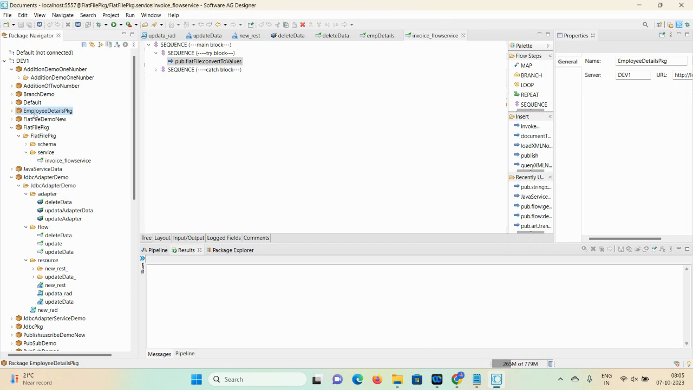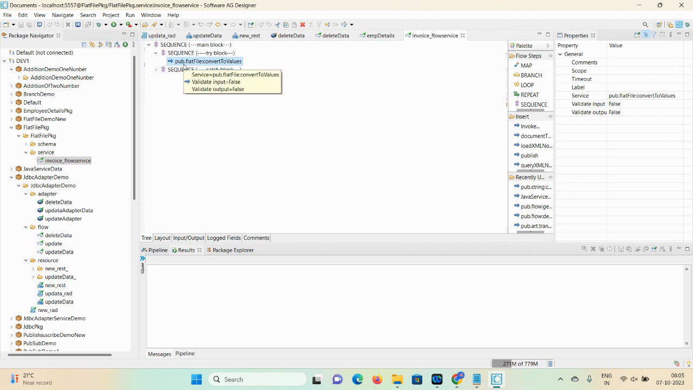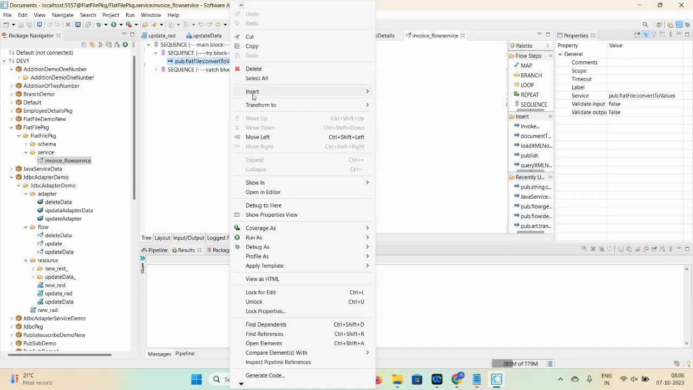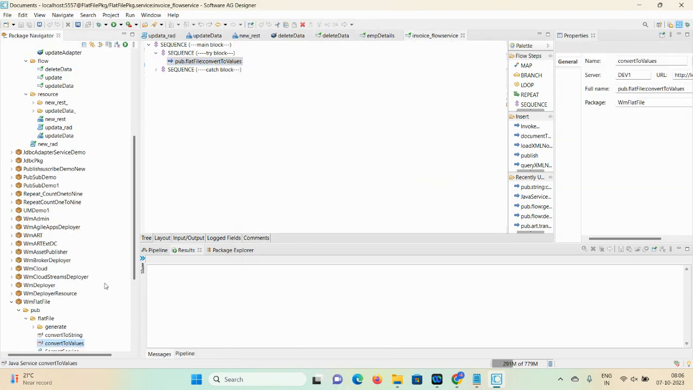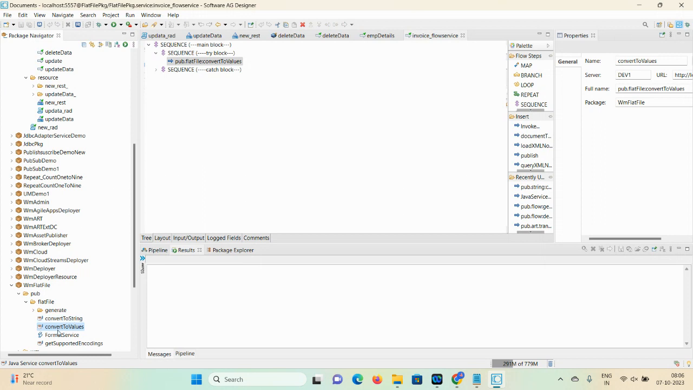Here we have one package, the flat file package. In the flat file package we have one flow service, the invoice flow service, and in that flow service we use one built-in service, convert to values. This service is part of your WmFlatFile package. How can you check? Just show it in the package navigator. In the package navigator you can check that this service is part of your wm flat file pub dot convert